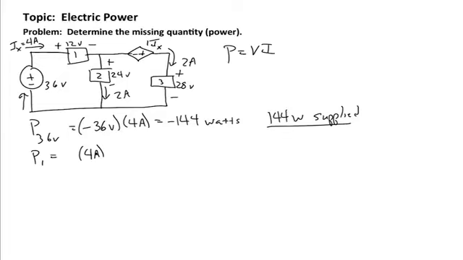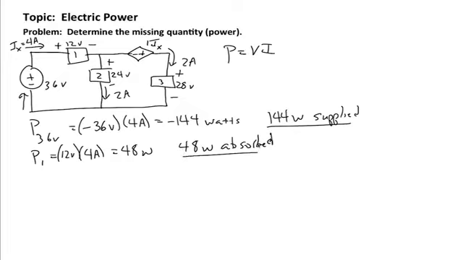So that 4 amps encounters the positive polarity of the 12 volts dropped across element 1. So it's 12 volts times 4 amps, and that gives us 48 watts of power. And since that is a positive 48 watts, we have 48 watts absorbed